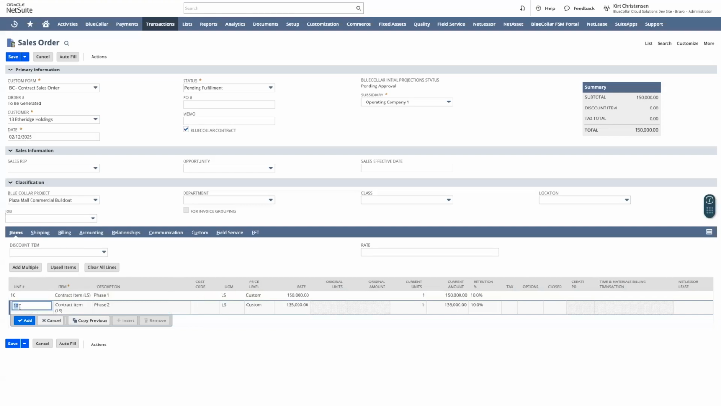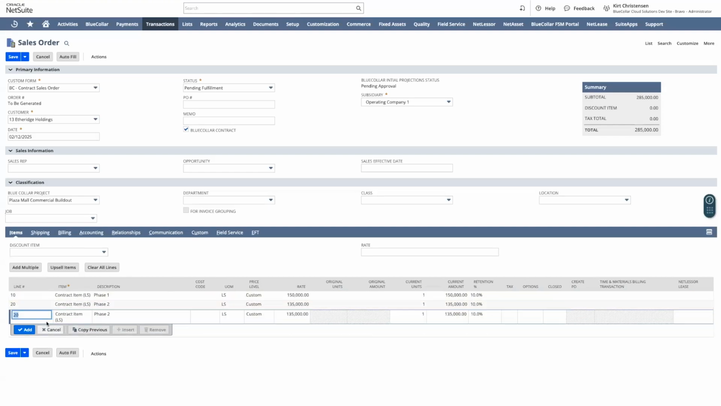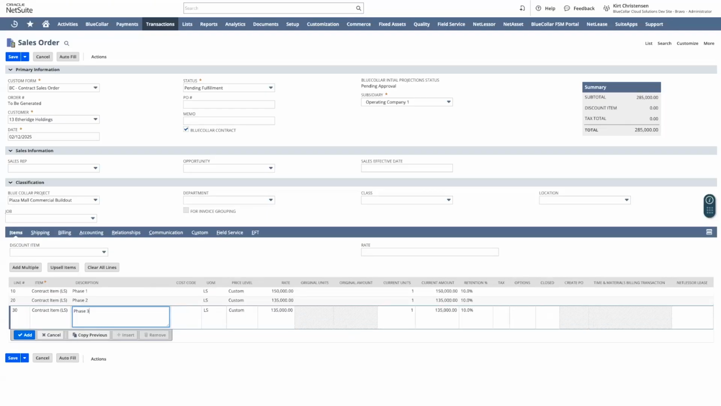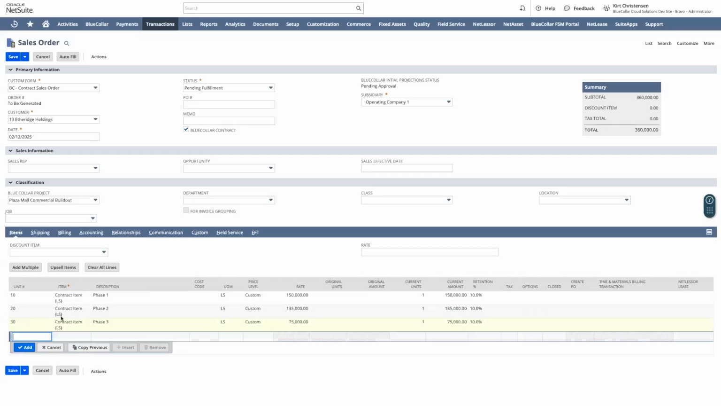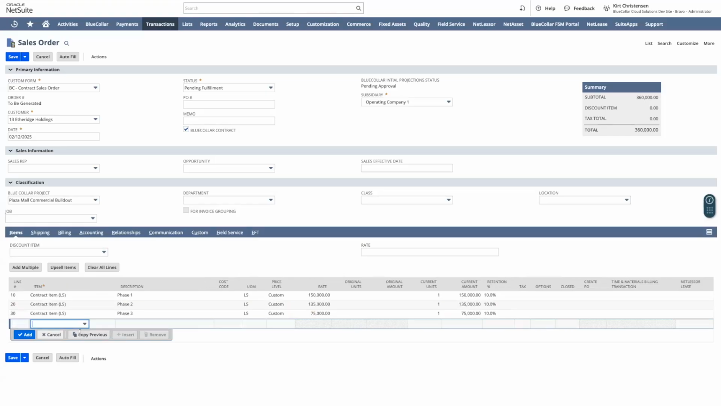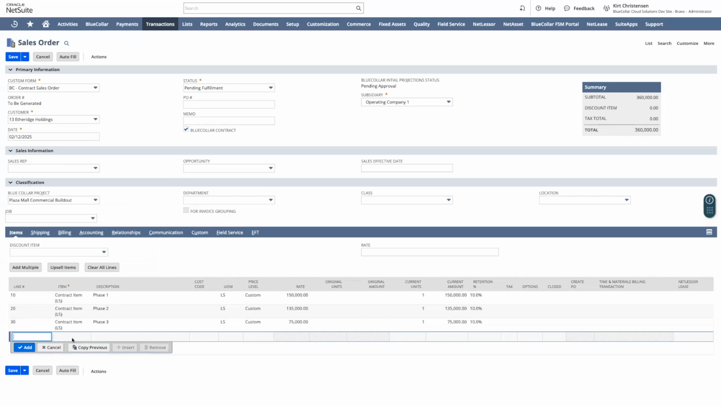Oh, and I didn't give it a unique line number, so let's go ahead and do that. We'll copy the previous one again, give it a unique line number, and we'll go phase three. And this one will make 75,000 bucks. You can see where we could definitely add as many of these line items as we'd like. We can also add a line item for something where we might be billing by the linear foot, by the eaches, by the cubic yards. We could actually even bill for specific items in our inventory,